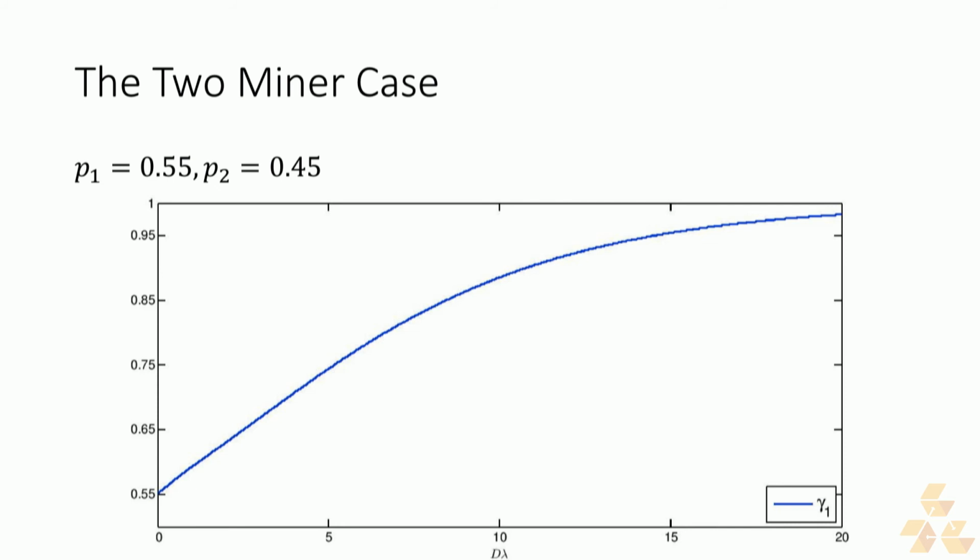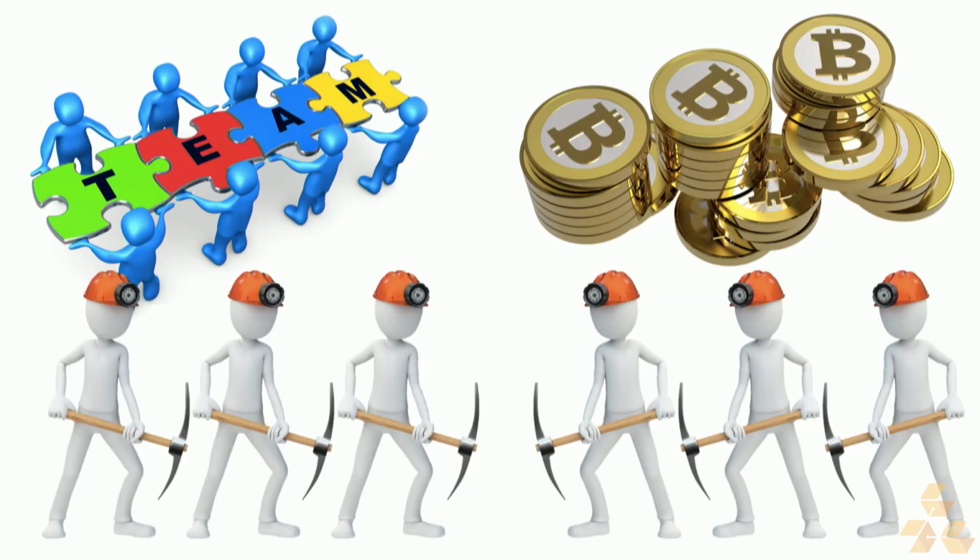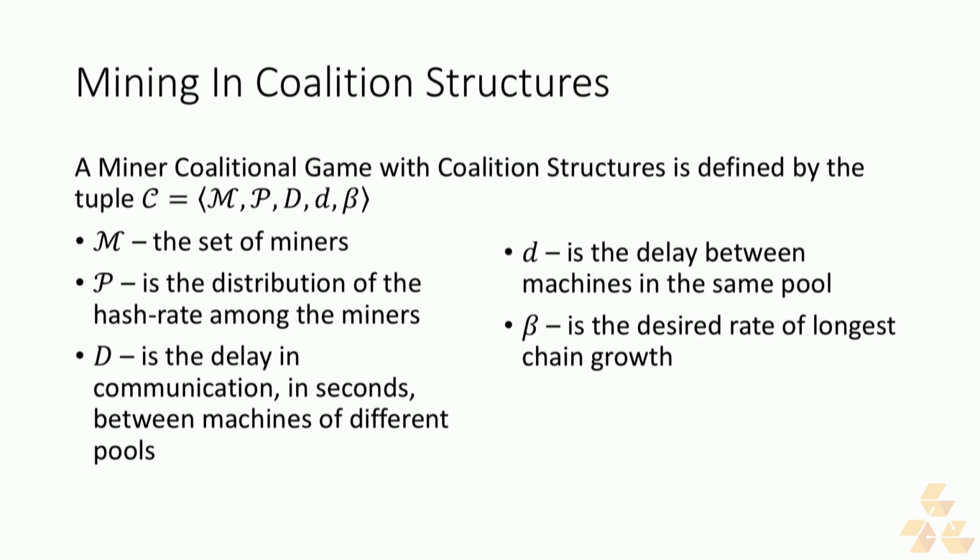This is the non-linearity property of the network that we based our result on. So now I can combine the blockchain part and the game theoretical part and define a cooperative game that's based on mining pools. Given a set of miners, there's a distribution of hash power, the delay in communication between different pools, the delay in communication inside the pool, and the desired rate of the longest chain, we can easily